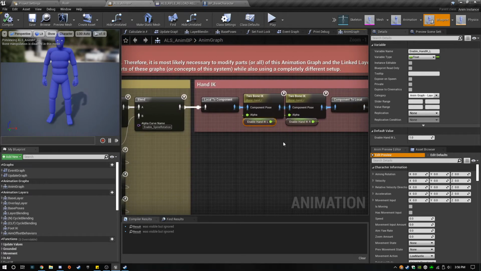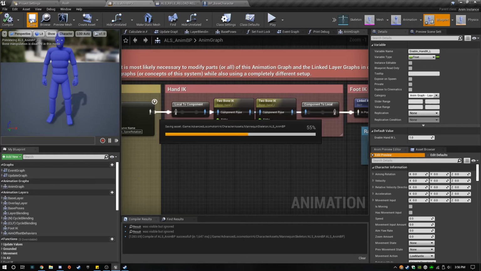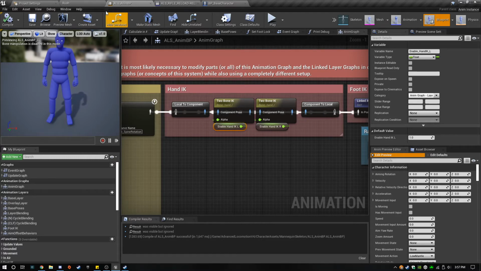I don't really want to do this because this feels kind of lazy, but we'll try for now just to confirm that is the problem. Because if this is the problem, we can put a branch here and just turn hand IK off while we're reloading. That would probably be the best way to fix it. Do cinematic. It's good.